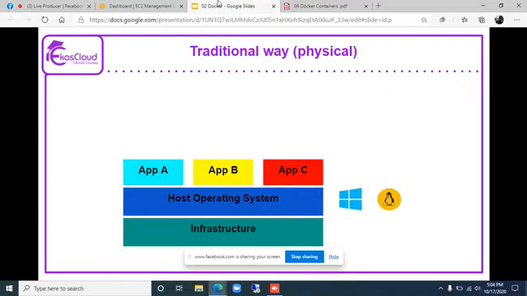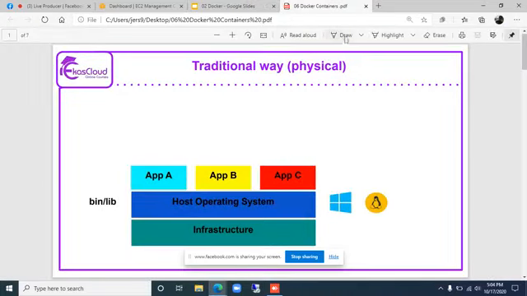This has a problem. Since multiple applications share the same underlying host operating system, the applications' binaries and libraries will also be shared.